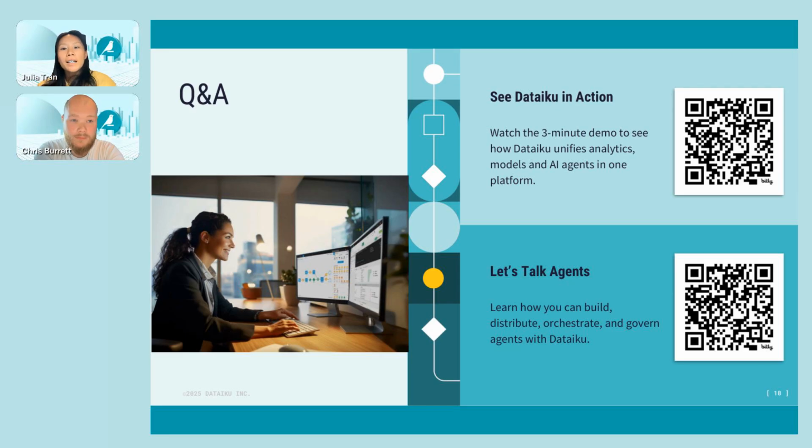And then Tom asked, Chris, I'd love to hear about your personal use of agents in a daily way in your actual work, in particular, how you are using Dataiku for that. Oh, great question. Yeah, I actually don't know how much I'm allowed to share, but we use it a lot. So we have our own Dataiku Agent Hub platform, which is connected into pretty much all of the underlying systems across our organization.